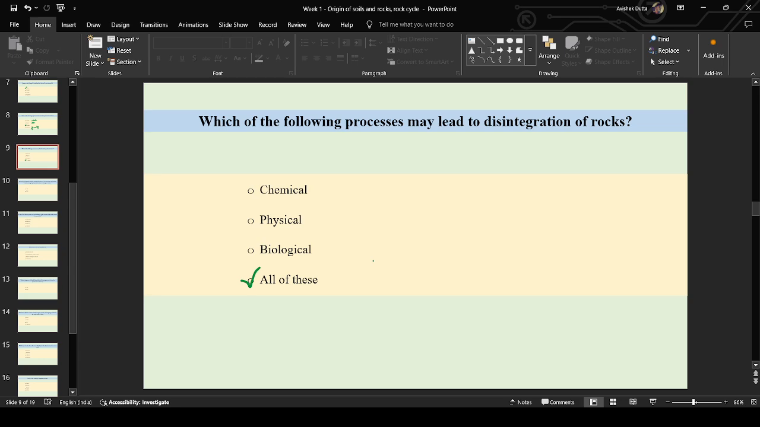Physical action, like external forces and pressures, can act upon the rocks, breaking them and causing their disintegration. The common forms of weathering and erosion occur due to physical forces like wind and pressure. So these are the physical processes that may lead to the disintegration of rocks. Biological actions are next, like microorganisms and other small organisms which can